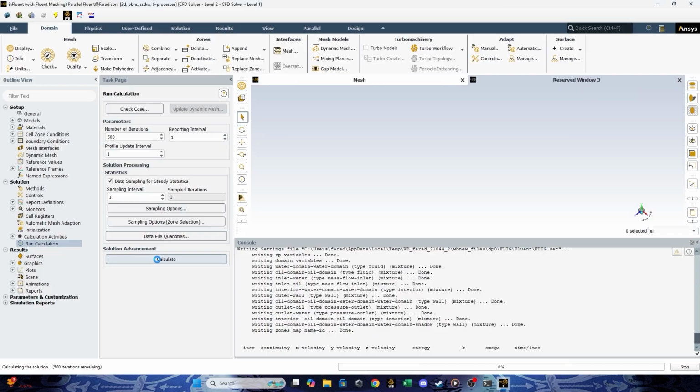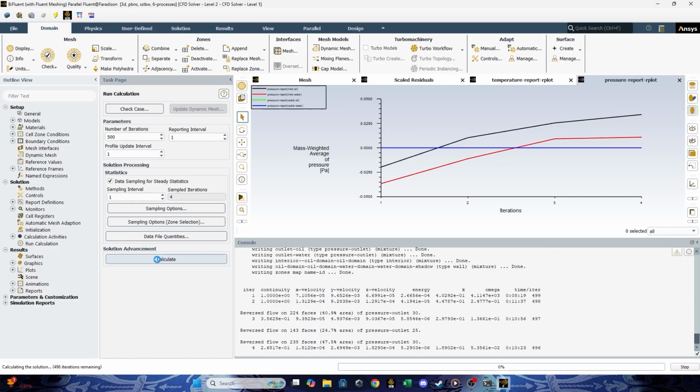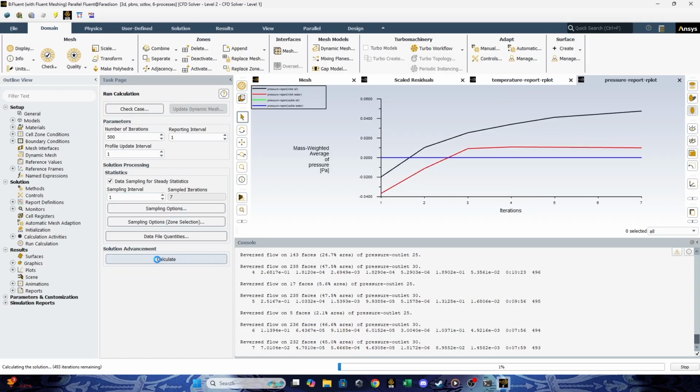After this, the software will process your simulation and do the calculation.